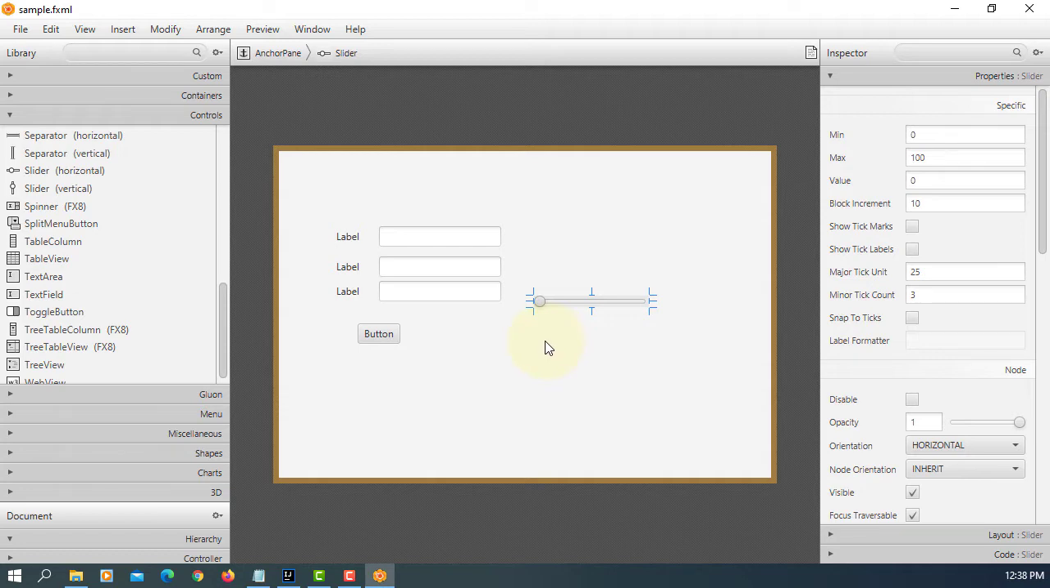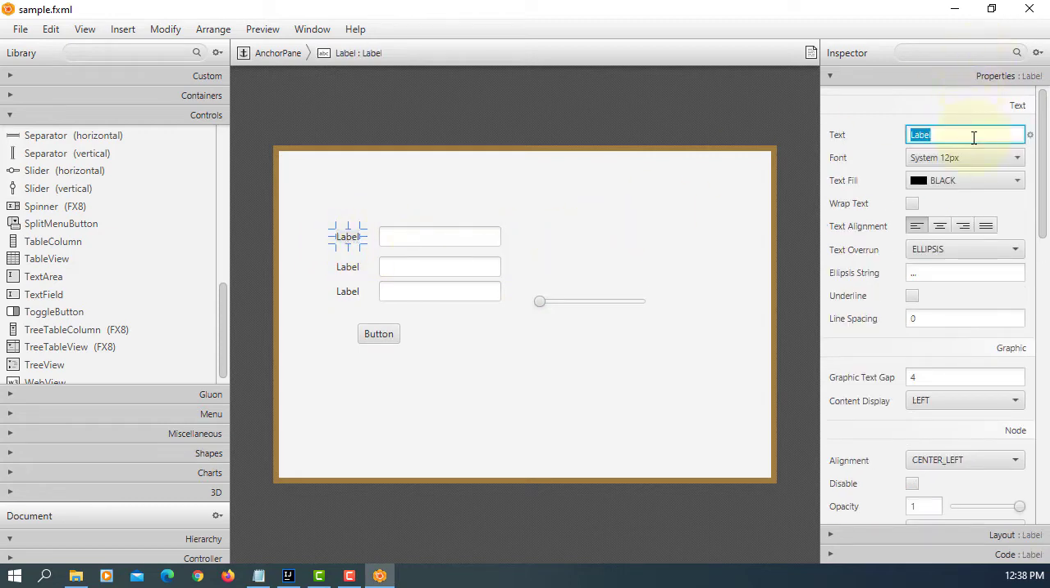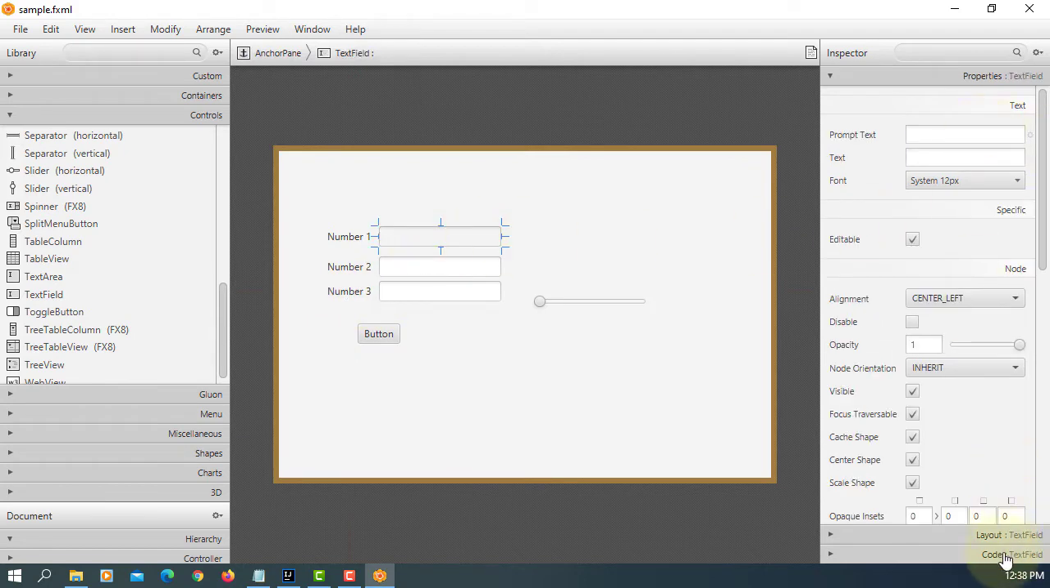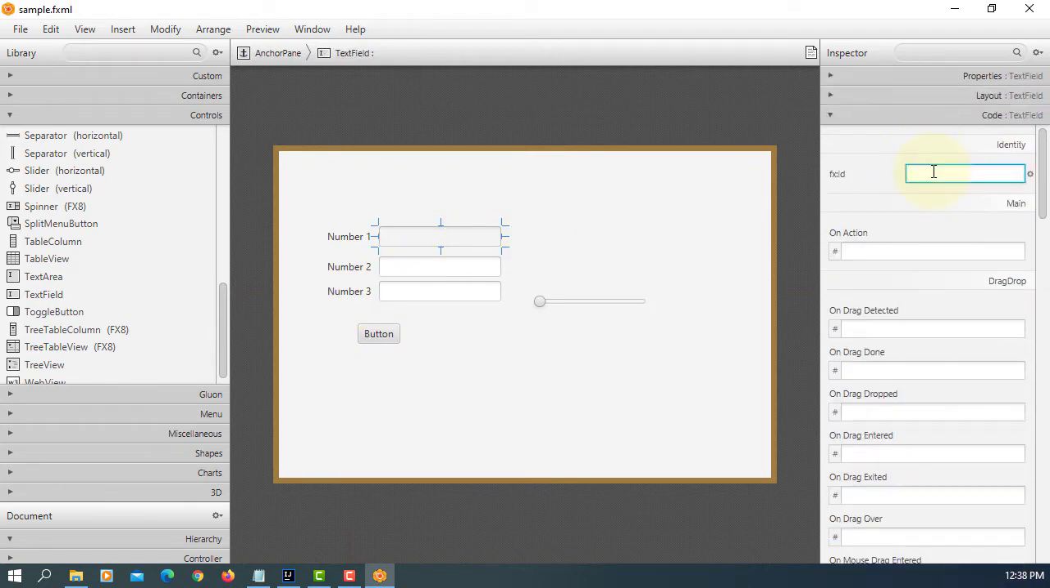So the idea is we can use unidirectional binding so that when we use text field number 1, they can be bound with text field number 2. It means that when you change the value in text field number 2, it will change the value of number 1. So let me name it here number 1, text field number 2,